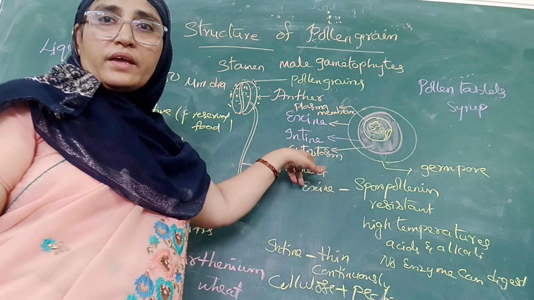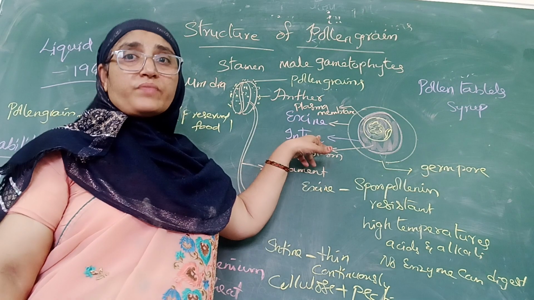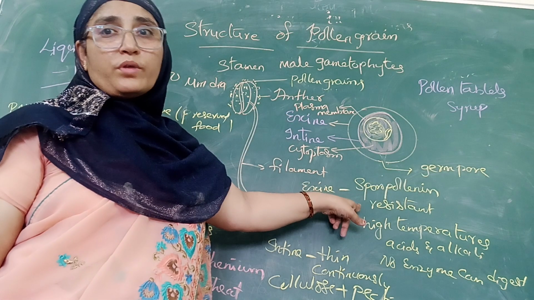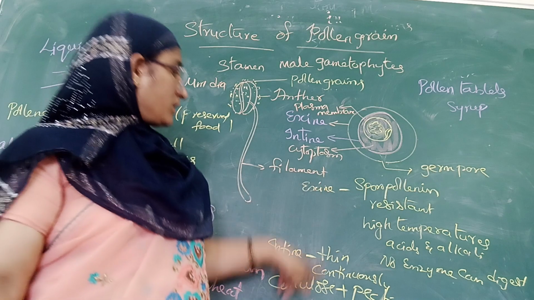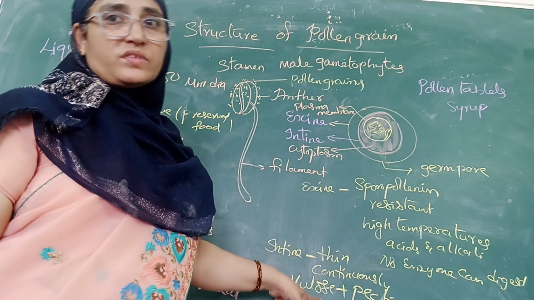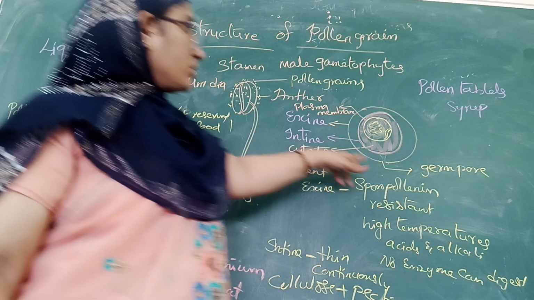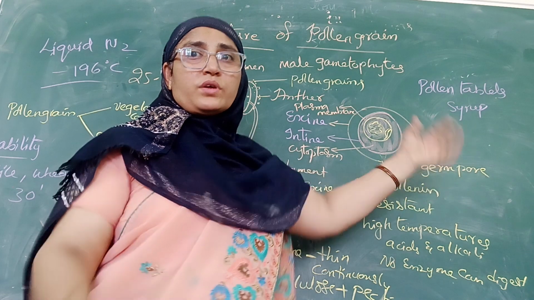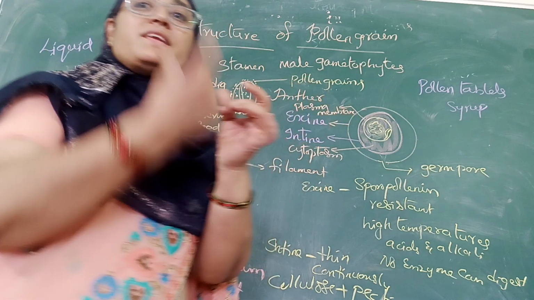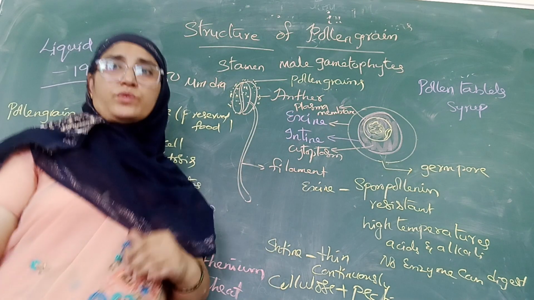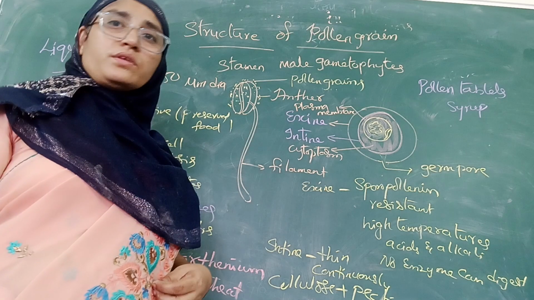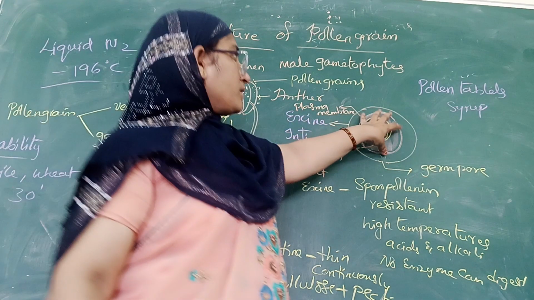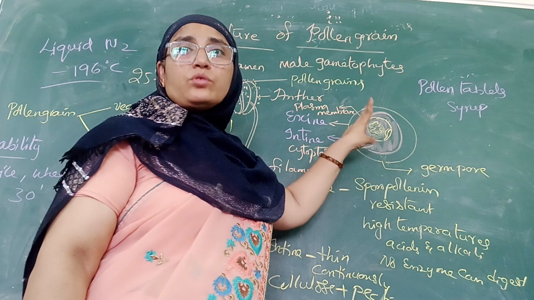Whatever the species, the pollen is lined with two layers. The outer layer is called exine and the inner layer is called intine. Exine is formed of sporopollenin and intine is formed of cellulose and pectin. On the exine we can find a prominent aperture called the germ pore, which facilitates the pollen tube to come out during pollen germination on the stigma.